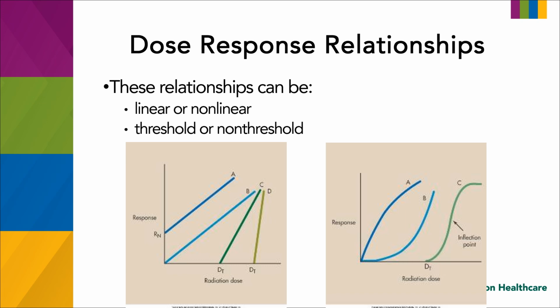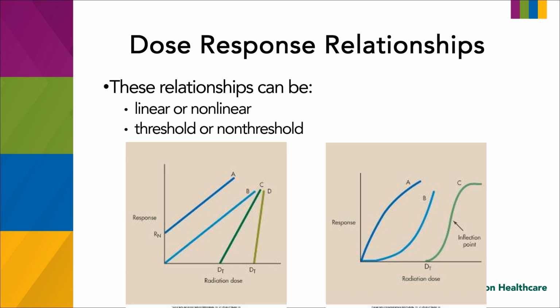So relationships can be linear or nonlinear. On the left we can see linear relationships with A, B, C, and D. On the right, we can see nonlinear relationships, which are not straight lines, and that's what nonlinear means. Threshold versus non-threshold, A and B on both sides in blue are both non-threshold. They both start at 0. There's no dose, the dose is 0, before you see a response, and then